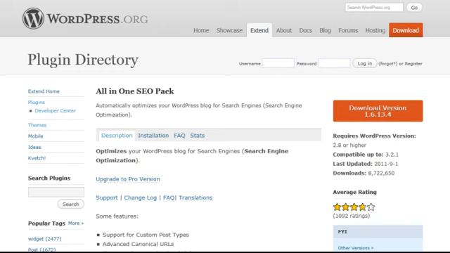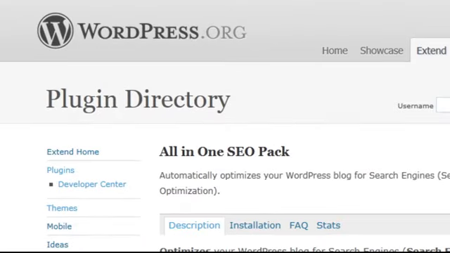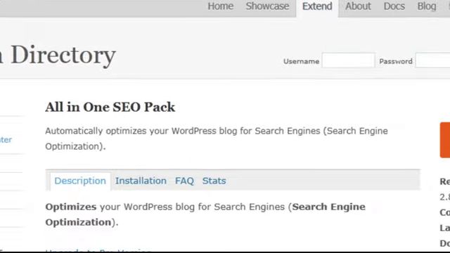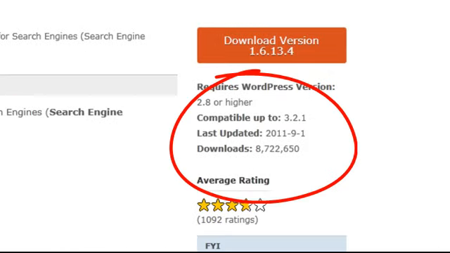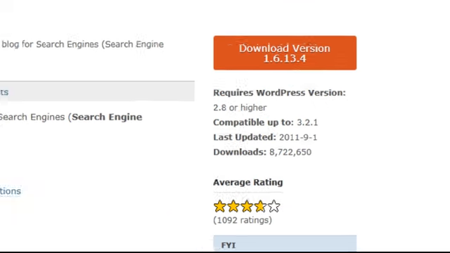For example, a lot of people use WordPress as a blog of choice, and they'll use scripts and plugins to help them improve the quality of their blog and the way it's used. For example, one popular plugin that went around the internet like wildfire and is still recommended very highly is the All in One SEO Pack. At the time of recording this video, it's had over 8.7 million downloads, which is a significant amount of traffic. And not everybody, of course, that's downloaded that would have visited the site of the person that's created it.